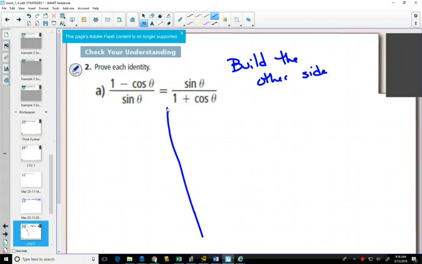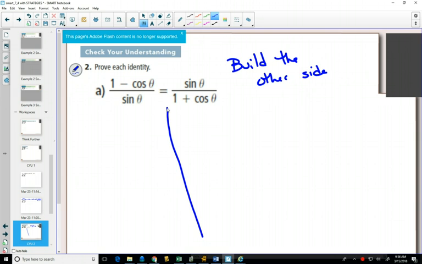There's going to be times where we get situations where both sides are a single fraction, they don't match, and there's nothing that we can do with the strategies we have so far. So what we're going to do is build the other side. Even the strategy of factoring that we had the other day, nothing here can be factored. And so the build the other side strategy says, well, what would it look like if I at least make